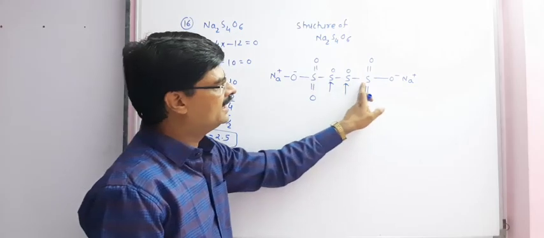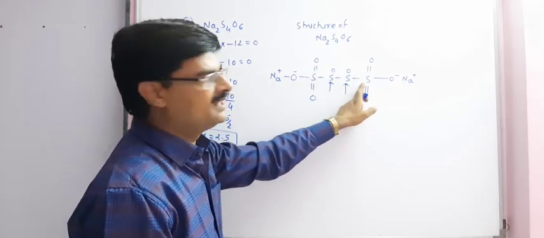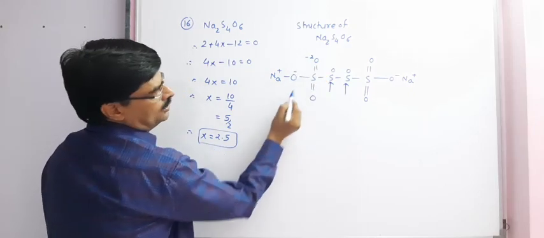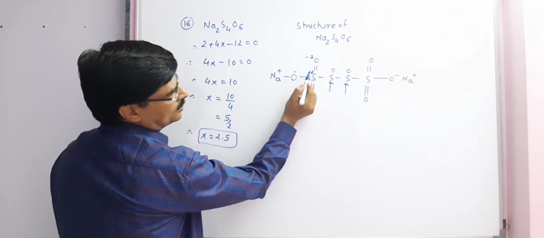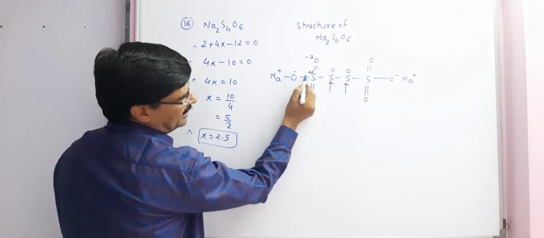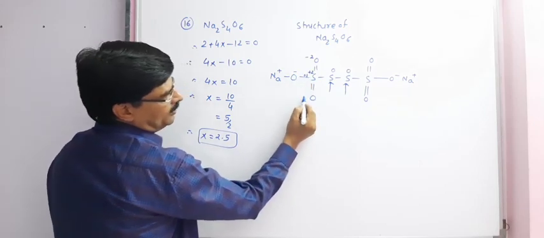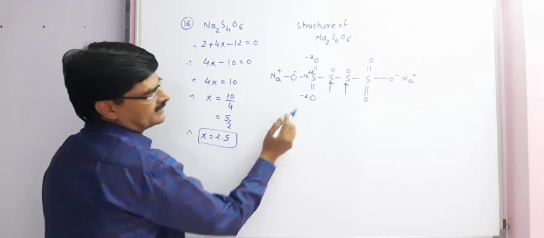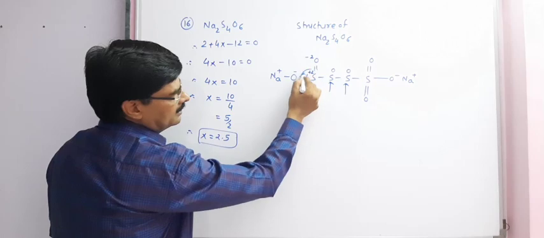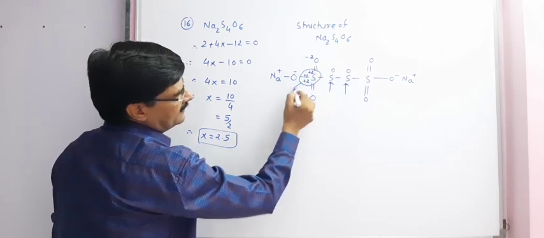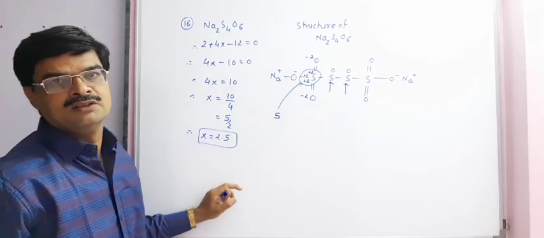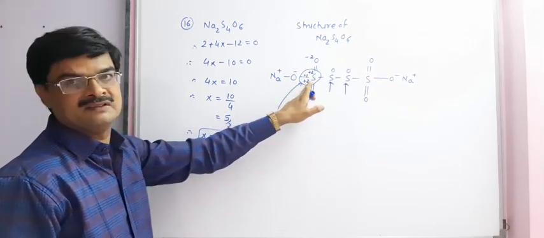But for this sulfur and this sulfur, we can find the oxidation state as follows. For this oxygen, it is minus 2, so for this sulfur it will be plus 2. From this oxygen it will be positive 2. From this oxygen, minus 1, so we have plus 1. From this oxygen, oxidation state minus 2, so for sulfur it is plus 2. So overall, the oxidation state for this sulfur will be 2 plus 2 plus 1, that is 5. So 5 will be the right answer for this sulfur.